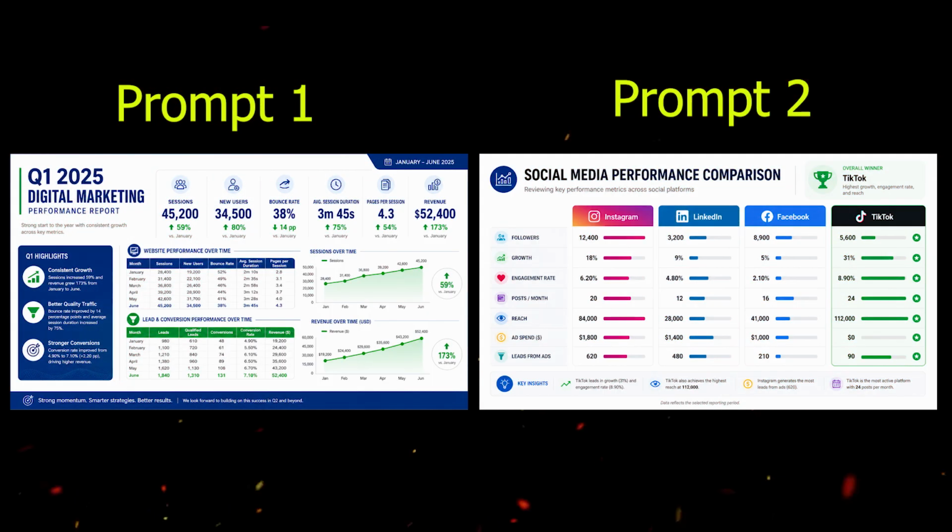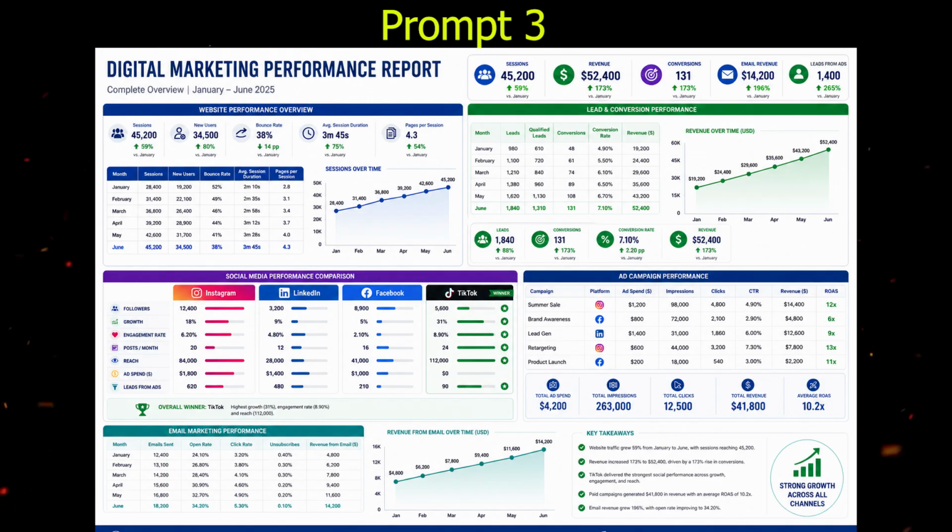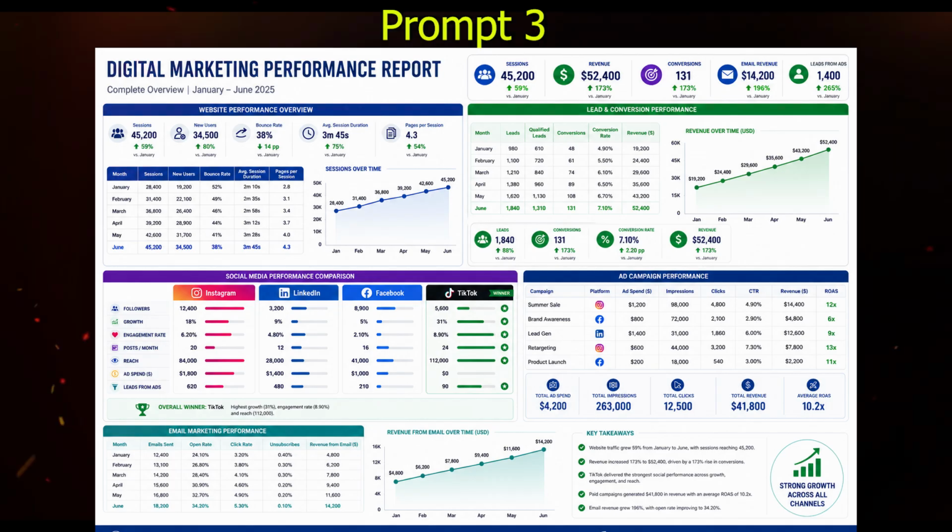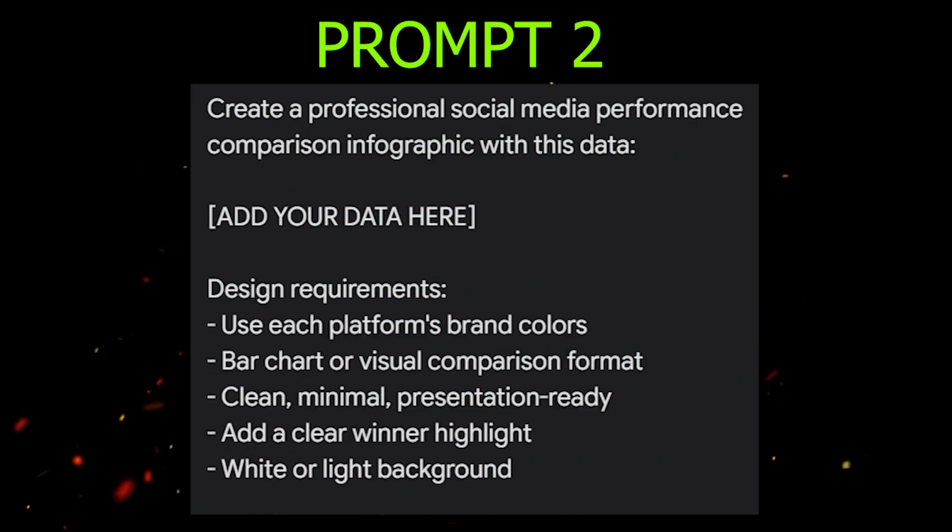So here's the rule. ChatGPT Image 2.0 is exceptional for one focused dataset. 1 story per infographic. The moment you ask it to tell 5 stories at once, it gets crowded. The fix: split your client data into separate infographics. 1 for traffic, 1 for social, 1 for campaign. Cleaner report, better output, happier client. Here are all 3 prompts. Pause and